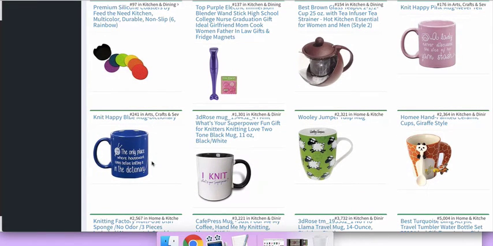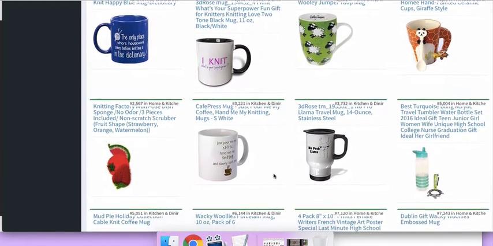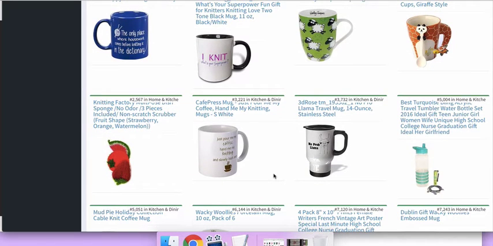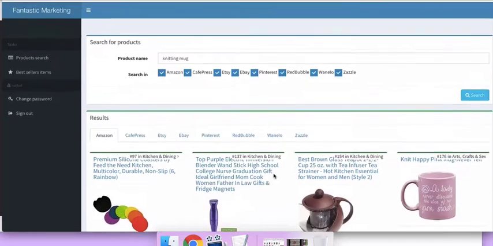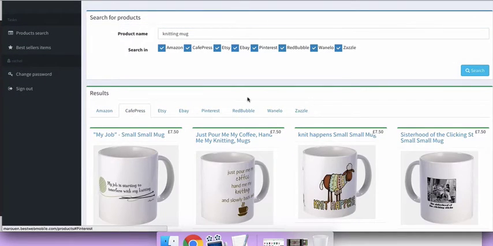The only place where housework comes before knitting is in the dictionary. I knit, what's your superpower. All really good text-based designs here. These are super, super simple, and we could come up with very slight variations and make a lot of passive sales. Cafe Press is the only one here that actually doesn't give us data in terms of what's selling, but